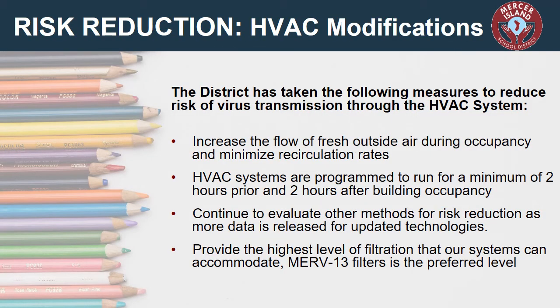The modifications MISD has made to the school building HVAC systems that can minimize viral transmission include the following: increasing the amount of outside air introduced to the building and minimizing the recirculation rate, programming the HVAC systems to run for a minimum of 2 hours before and 2 hours after building occupancy, following the manufacturer's most recent guidelines for filter changes and regular maintenance of the HVAC systems,